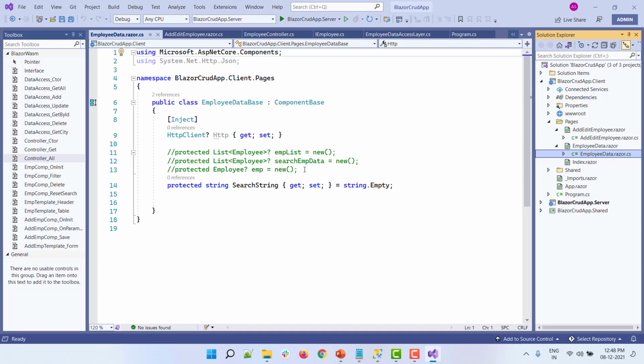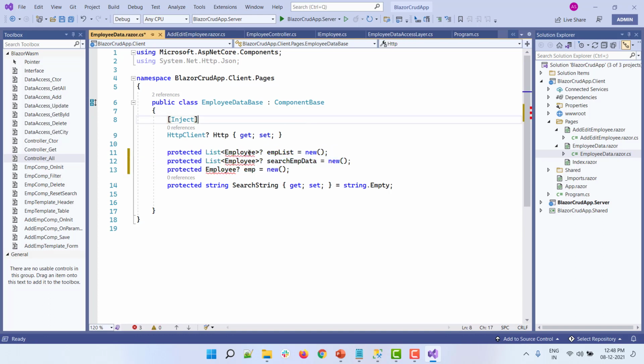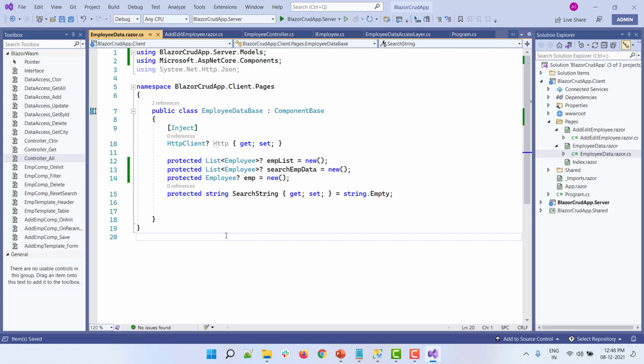Now let me uncomment this code first. Here you can see that we have added a variable called employee list to hold the employee data. Then we have also added a variable for search employee data. So why do we have two variables? Let us understand this.